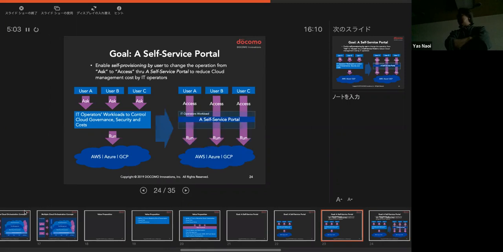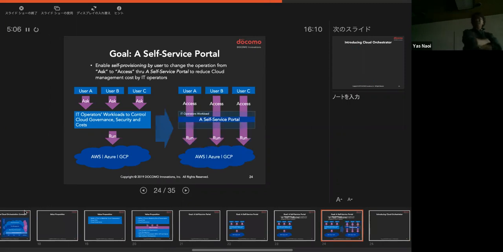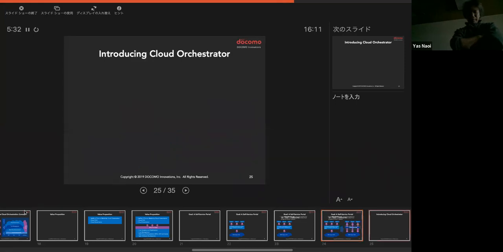So here is an idea. Instead of giving them individual GPU resources or massive resources, if we have a self-service portal, then I can sleep very well without taking care of this kind of researcher's request. So that's one of the motivations.